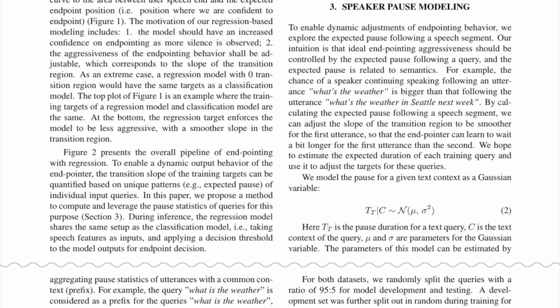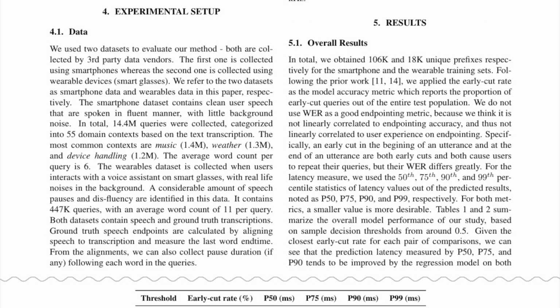Tf follows a normal distribution with mean mu and variance sigma squared. Here, Tf is the pause duration for a text query, C is the text context of the query, and mu and sigma are parameters for the Gaussian variable. The parameters of this model can be estimated by